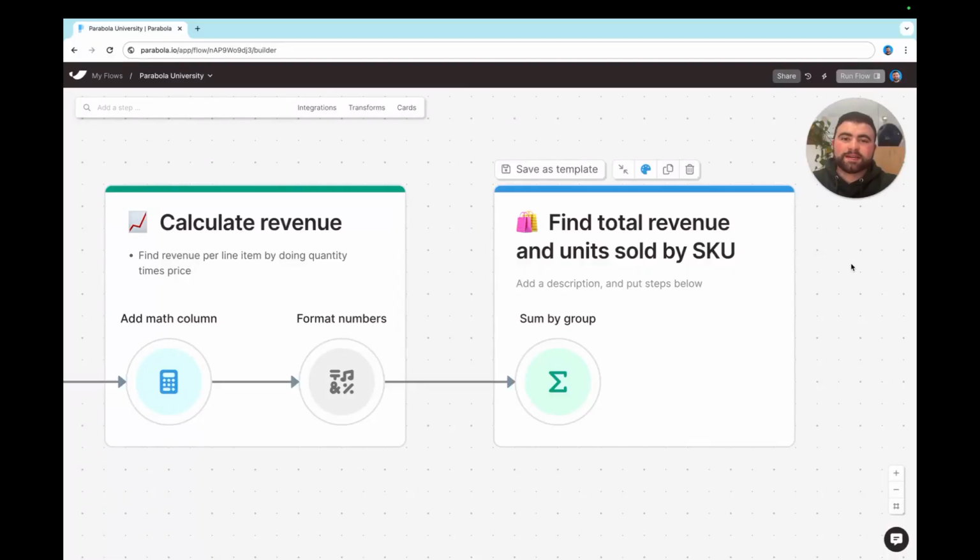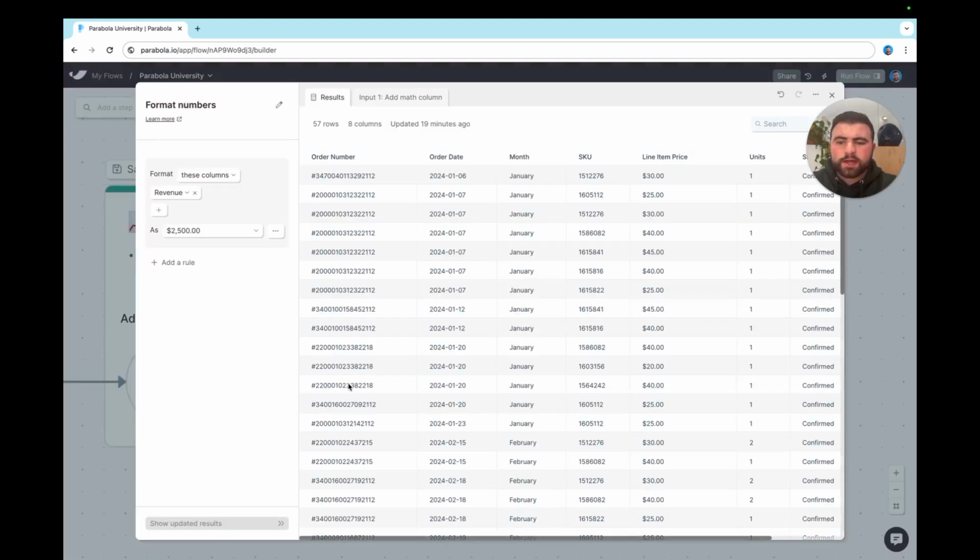If you've ever dumped data into a spreadsheet so that you could go create a pivot table, you're going to love Parabola's grouping steps that make it really easy to aggregate data in just a couple of clicks. In this video, we'll be looking at the sum by group step, and we'll be looking at our sales data